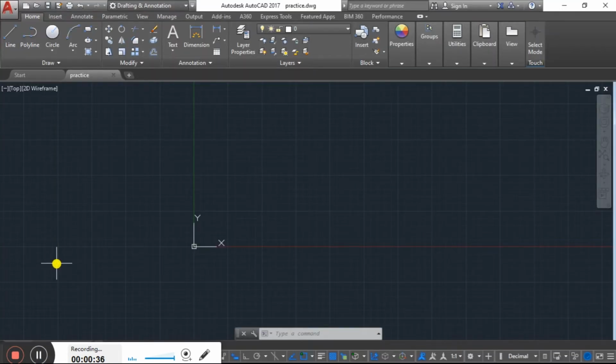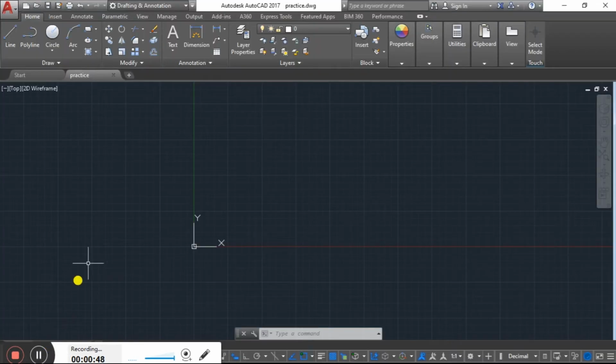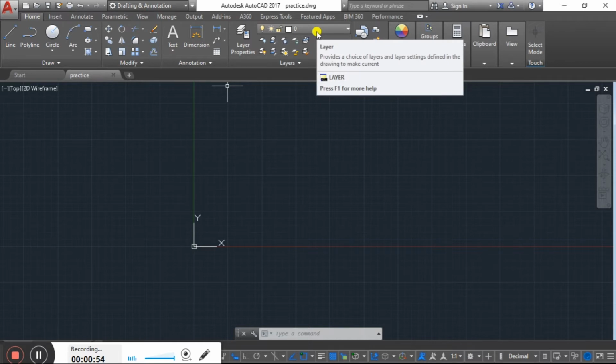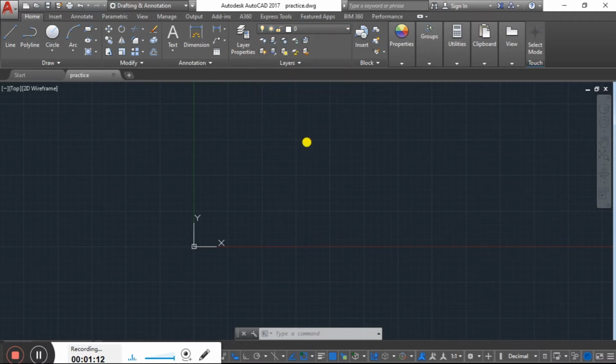Here I have opened the file without template and in metric form. Metric form means we are going to use metric units, so all the dimensions here are in millimeters. I have just created some things beforehand, including some layers. These are the layer properties, or you can say the layer system. Here a center line layer, dimension layer, hatch layer, object layer, and text layer are created.